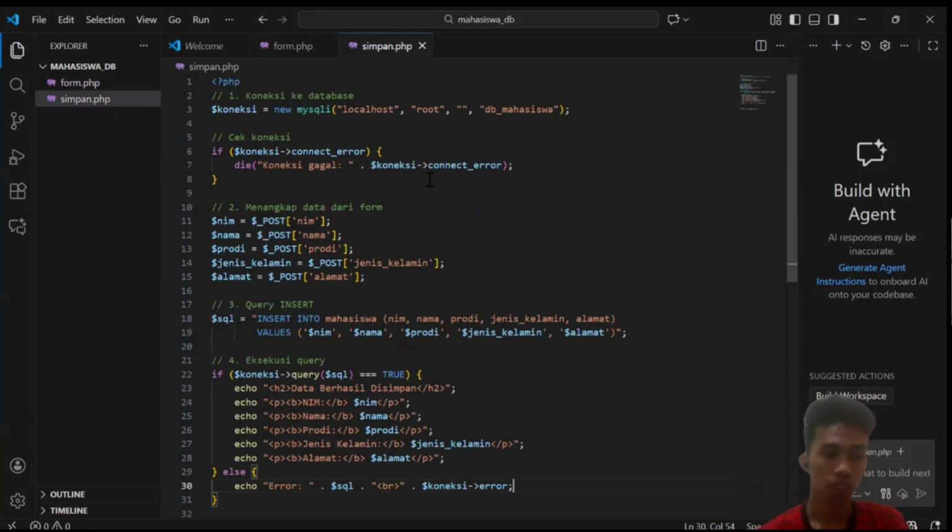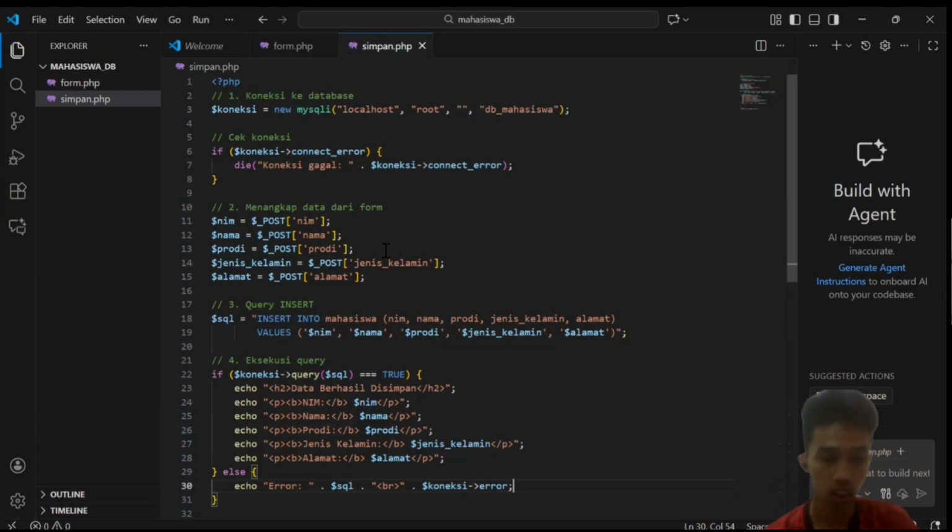In the simpan PHP file, the process begins by creating a connection to the database using the MySQLi object. For parameters, we provide the server host, the MySQL username, the MySQL password, and the name of the database being used in this application.